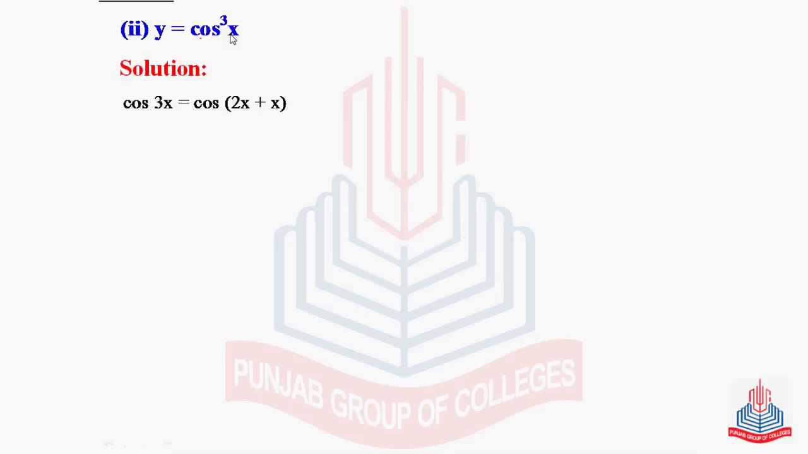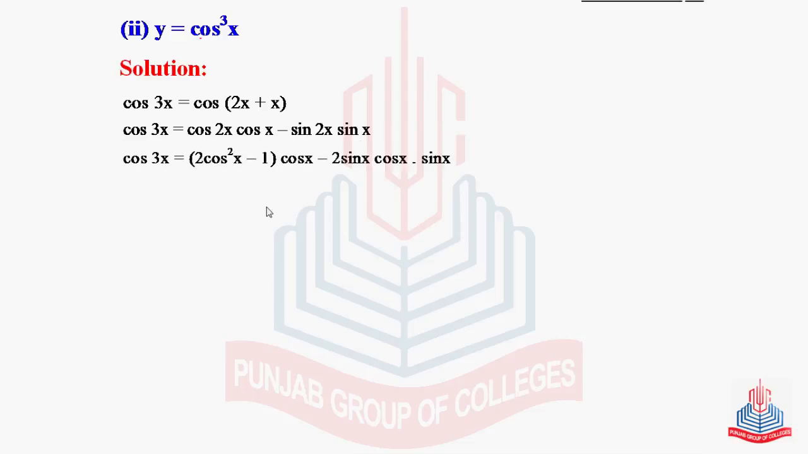Solution. First we try to convert this exponent into the multiple of angle. So cos 3x is actually cos of 2x plus x. Using the formula of cos alpha plus beta, we have cos alpha cos beta minus sin alpha sin beta. And this cos 2x can be written as 2 cos square x minus 1. The sin 2x will be 2 sin x cos x. That will become 4 cos cube x minus 3 cos x. And